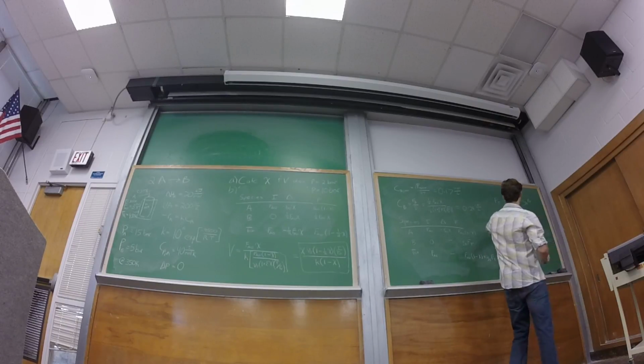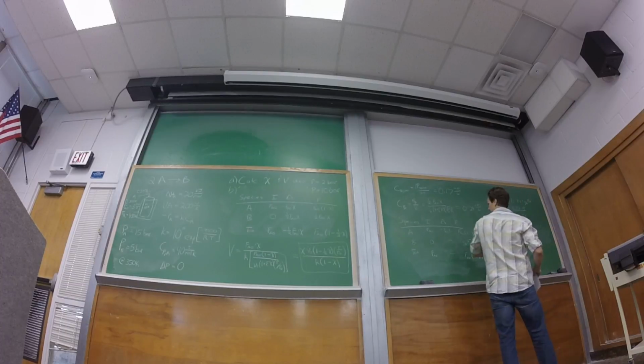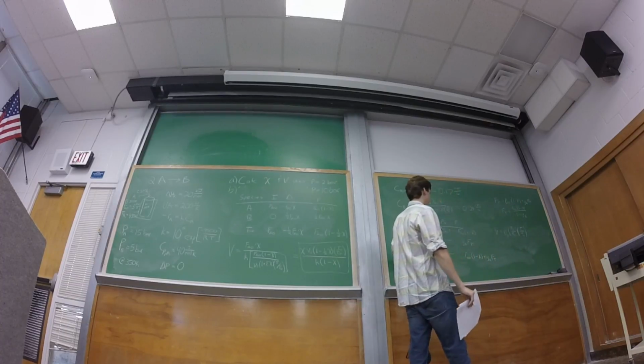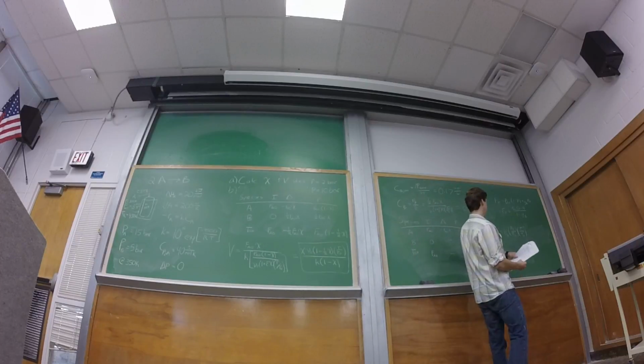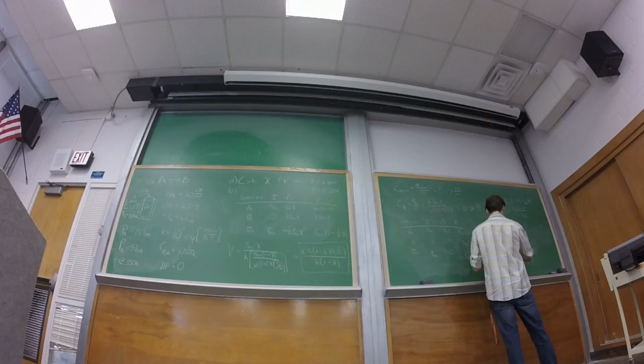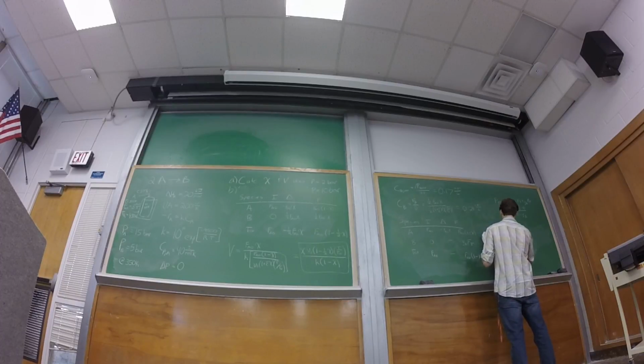So now you know Ft is equal to this, and your Ft naught is equal to Fa naught. So you plug those in here and over here, and you get V is equal to V naught times